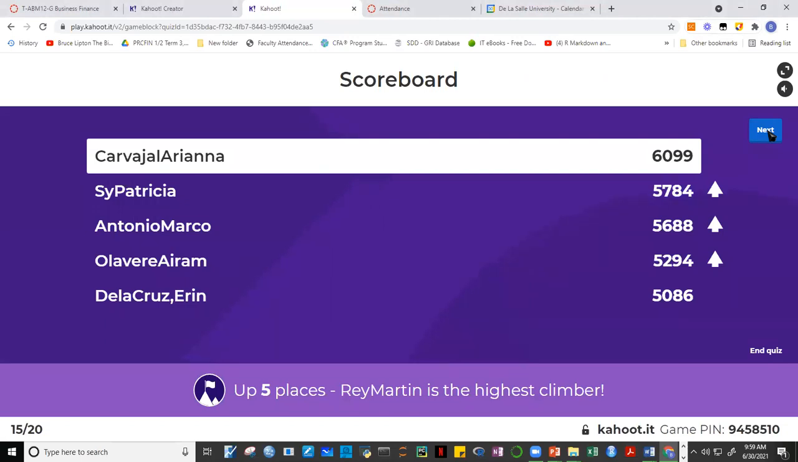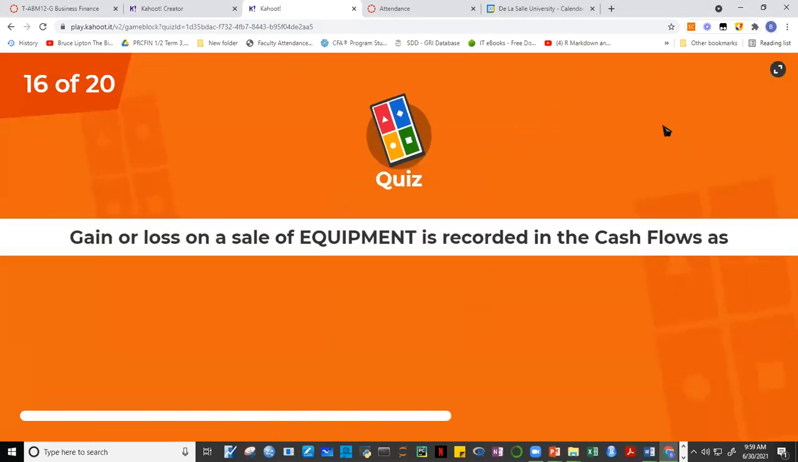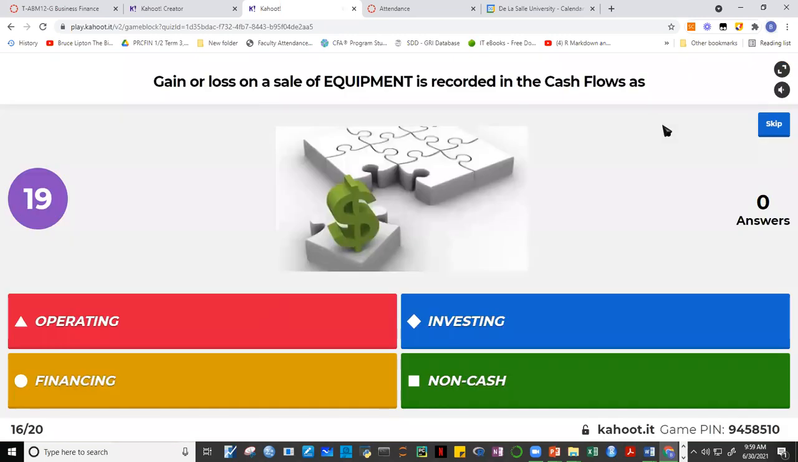Kung makakapasok ka ulit, Caleb, pasok ka na lang, ha? Okay, we're down to the last 5 questions. Gain or loss on the sale of an equipment is recorded in